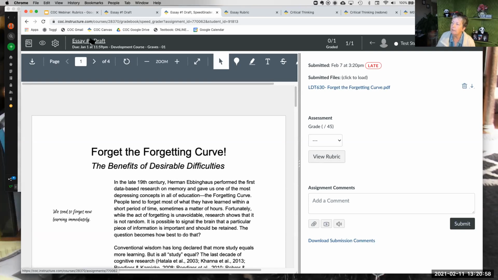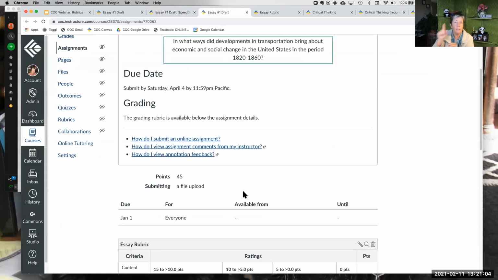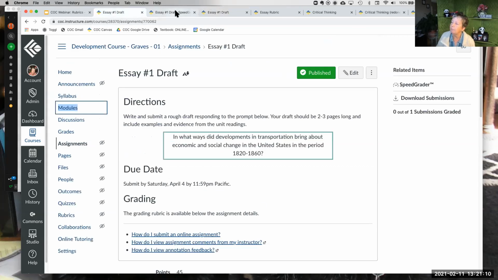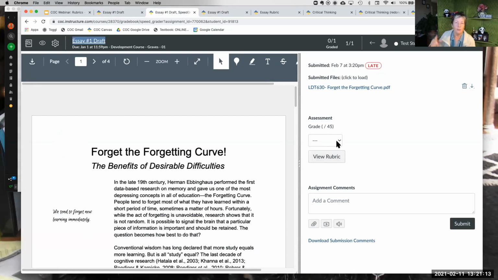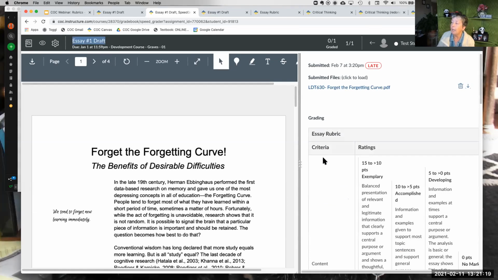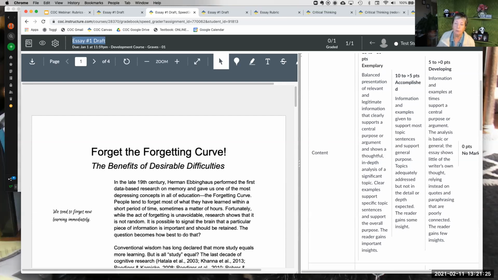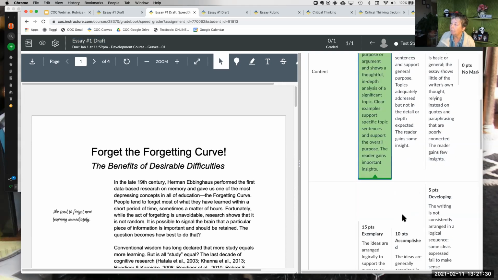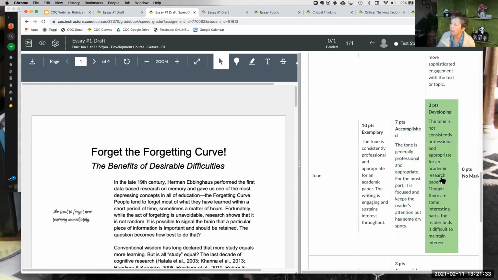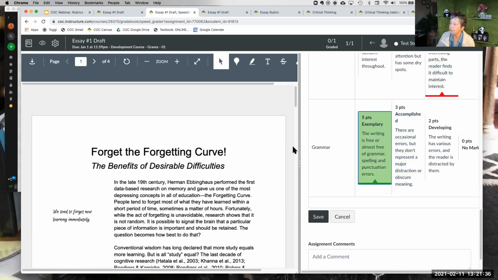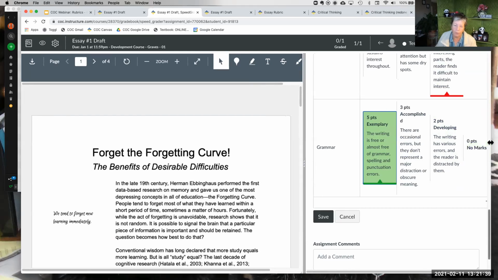You can just click the title of the assignment up here in SpeedGrader, go to it, open the rubric, click the box, save it, then come back to SpeedGrader. Well, now I got too many tabs open. Come back to SpeedGrader, refresh the page, and you should then see the View Rubric button. So when I click that, it shows me the rubric. And all I have to do as the instructor is, after I've looked at the student's submission, I can very quickly assign whatever points I want, and Canvas delightfully totals it for me. So I'm going to make that a little smaller so you can see the whole thing.